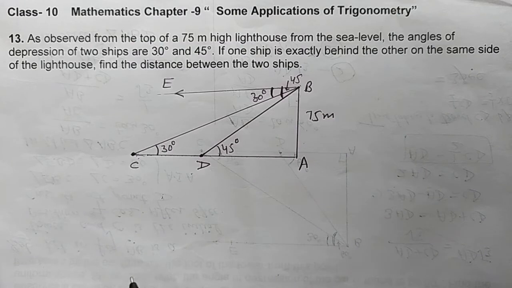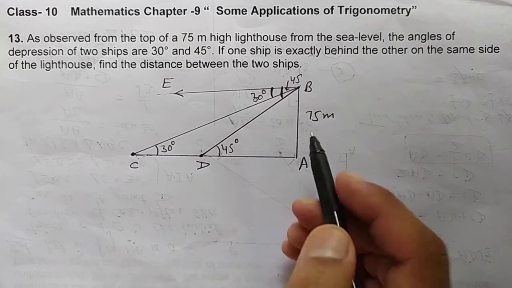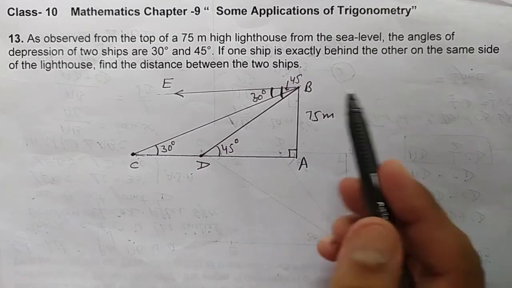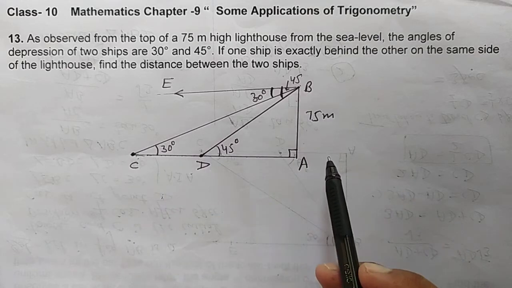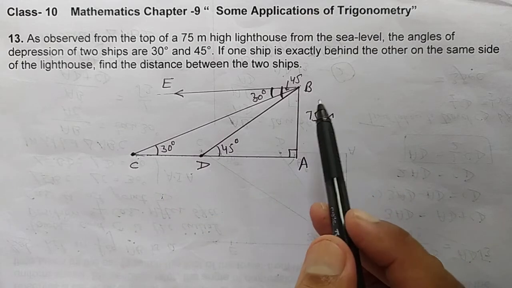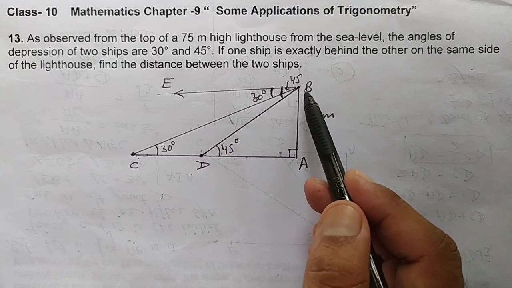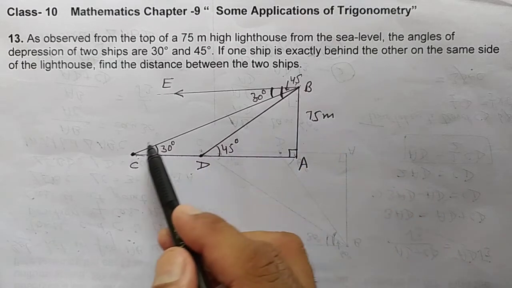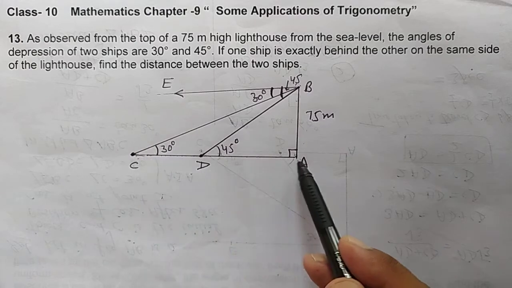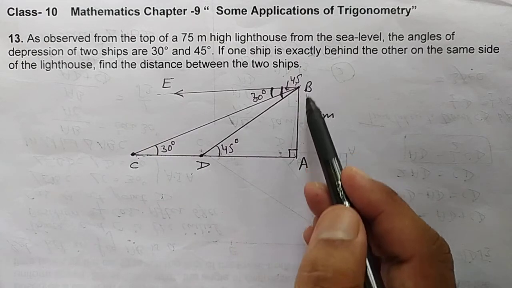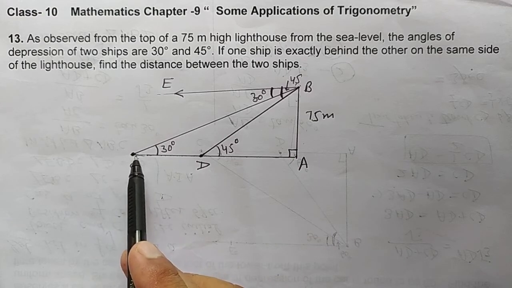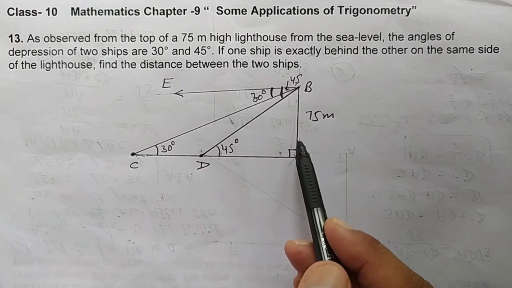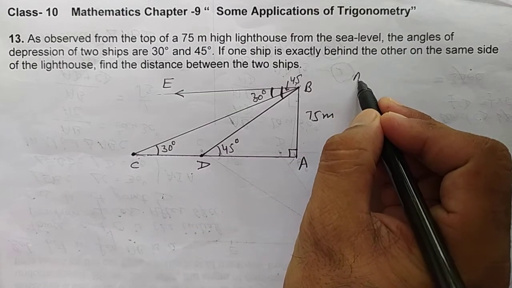AB is 75. So it is very simple. I tell you how to find out CD. So we have here, you can see two right angle triangles, triangle ABD and triangle ABC. There are two right angle triangles. Okay. What we do, in right angled triangle ABC, we have the length AB given, and we can find out the length AC by T ratios. With the help of T ratios, we can find out the length AC. Suppose AC is with us now.